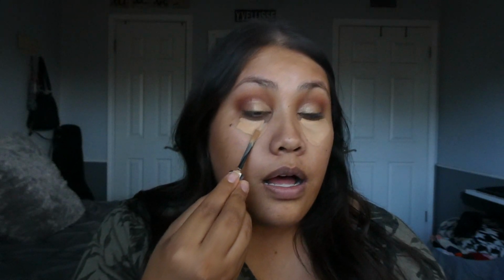Okay, so now I'm going to go in with my concealers. I am taking the Revlon Photo Ready Candid Concealers in the shade 55 and 65. This one is the shade I use to prime or to prep my eyes for the eyeshadow. I'm using more of 55 just because this is more my color right now. 65 is a bit dark for me, but I feel like I just want to add a little bit more to make sure it blends in a little better with my skin. I'm going to be using 65 as well